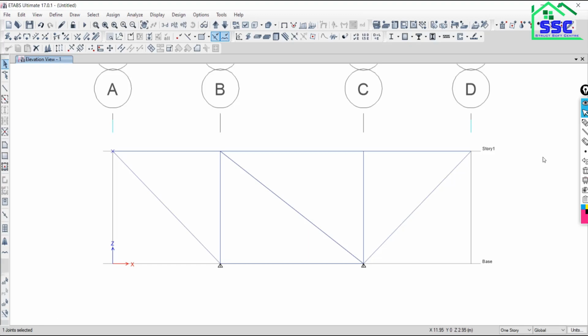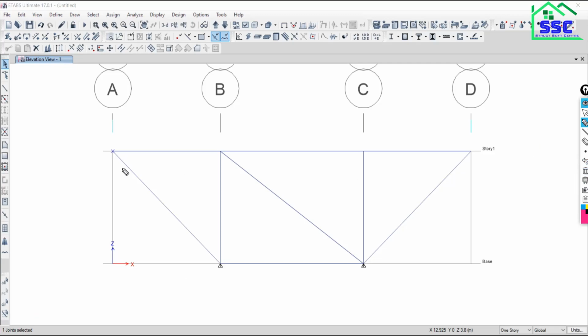As you can see here, while making any selection, you just need to see this position. I want to select one joint, so only one joint should be selected. If it is showing that 3 joints are selected, suppose, then there will be an error in modeling. Got it?